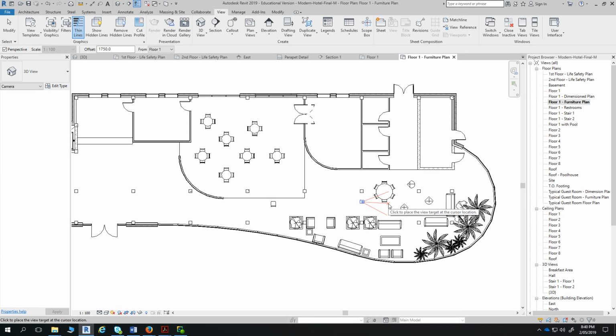So I've placed my tripod there, my camera. So the second click is basically where you want to look and how far you want to look. Because in Revit land, you can say how far you get to look, unlike the real world where you've got to look until you can't see anymore. So if I clicked here like this,